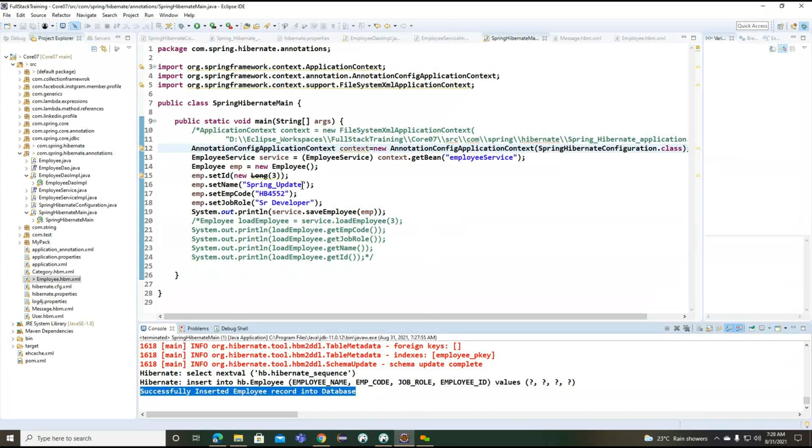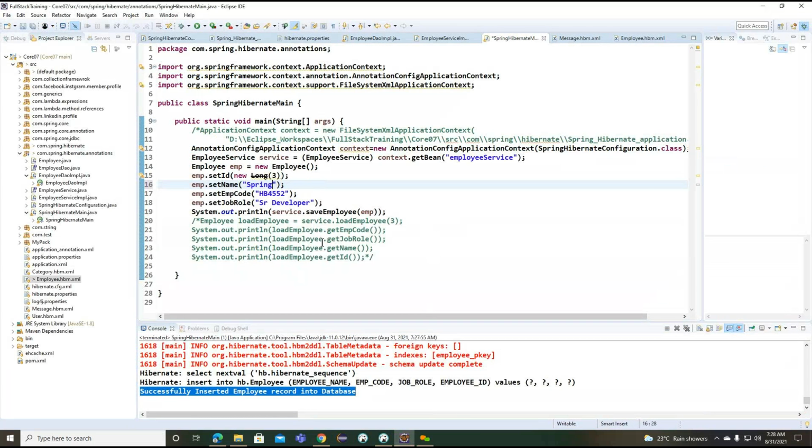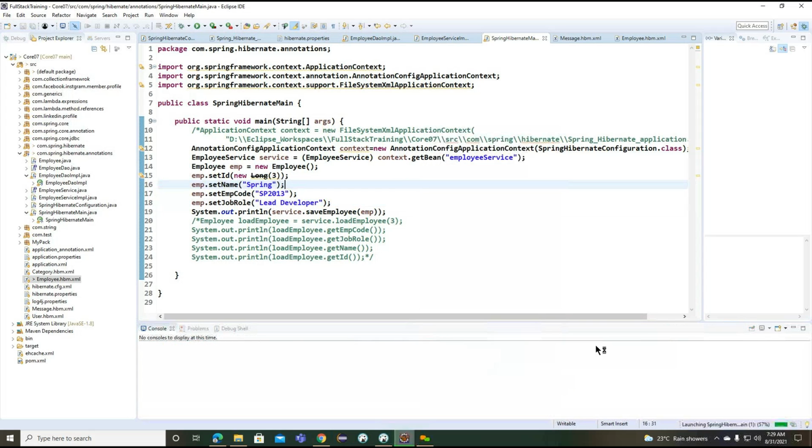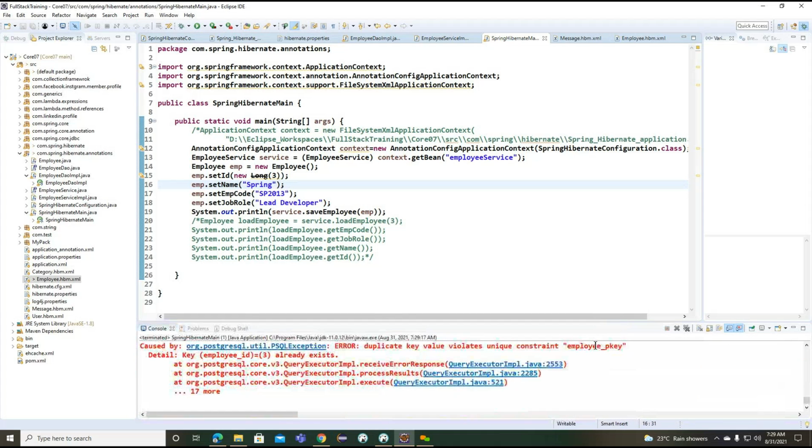Now what we will do, here I will change this. So we'll try to run with one more piece of information here. Now observe here how the data is inserting.